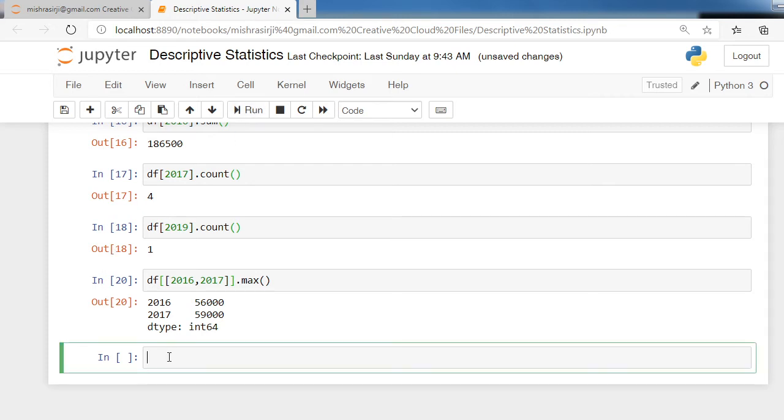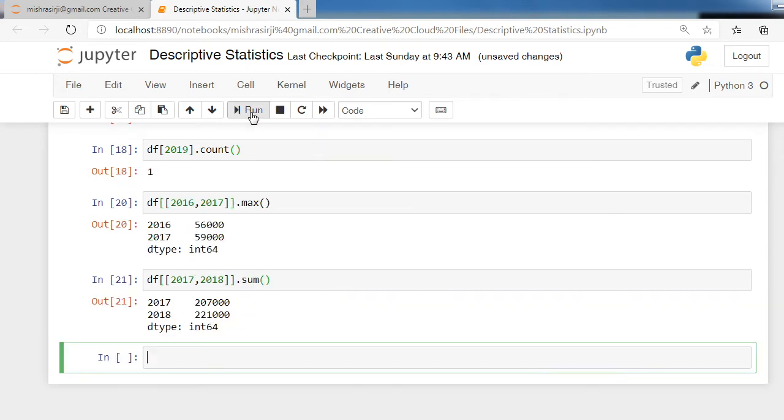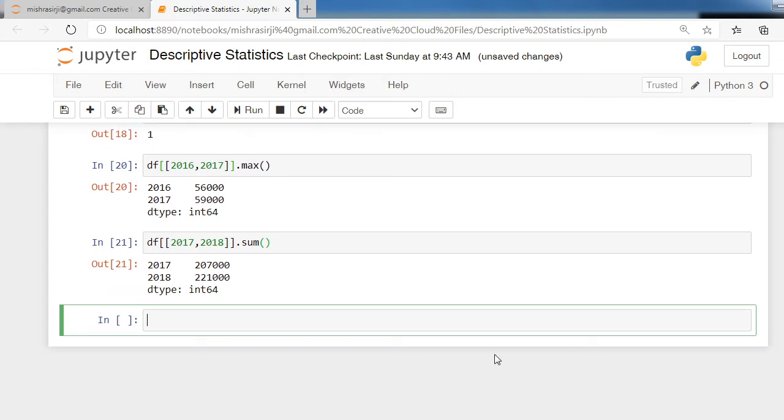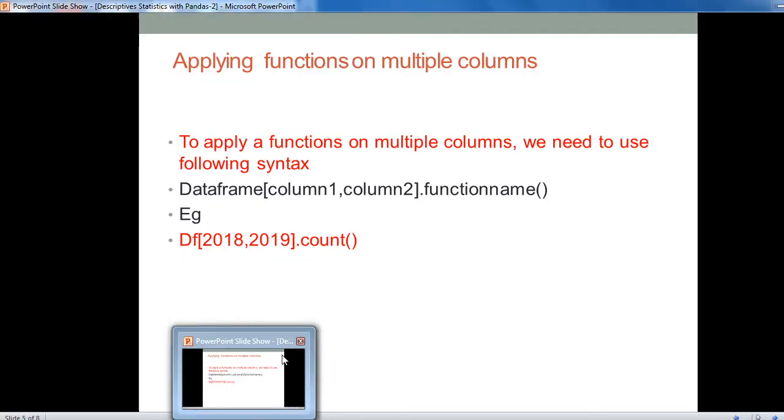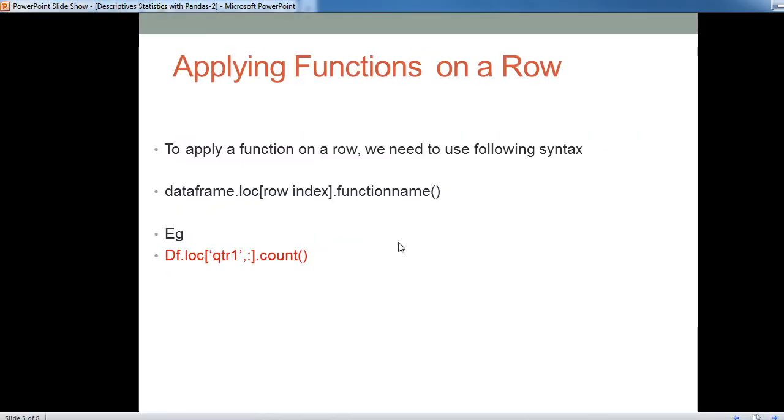We can also use other aggregate functions: df 2017 comma 2018 dot sum. This function gives the sum of all values from columns 2017 and 2018. Now we move to the next slide.